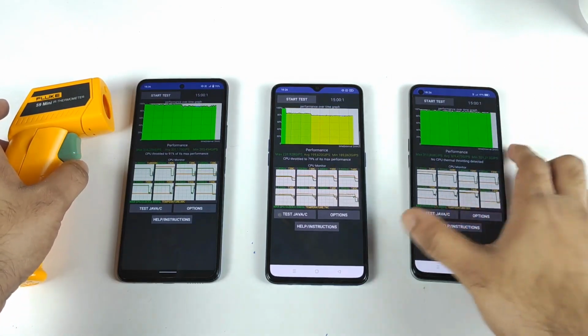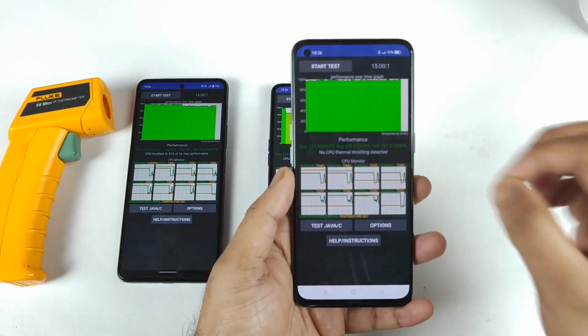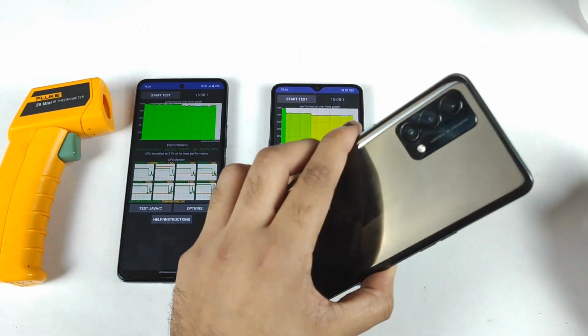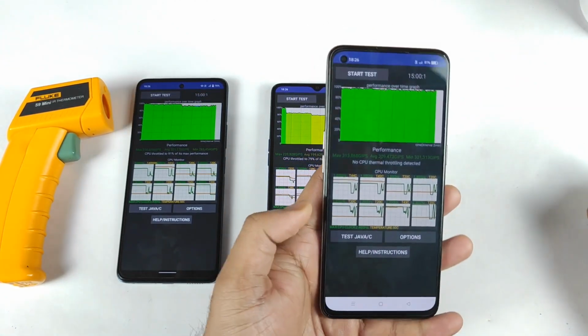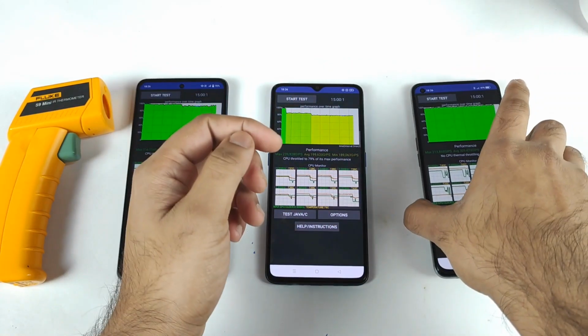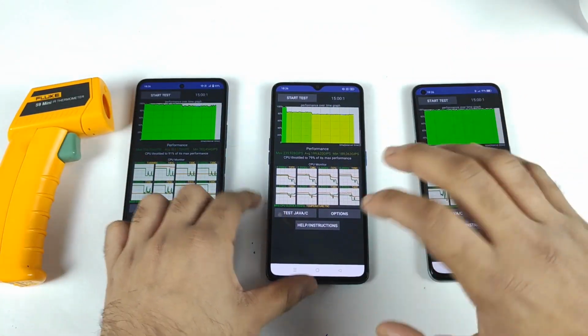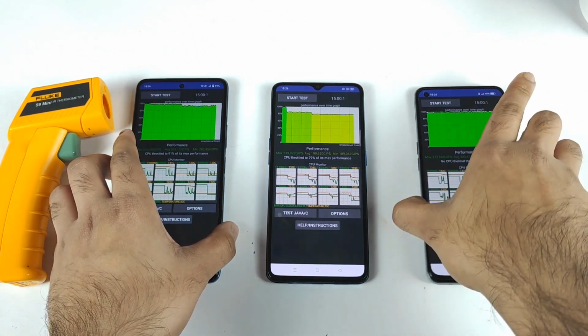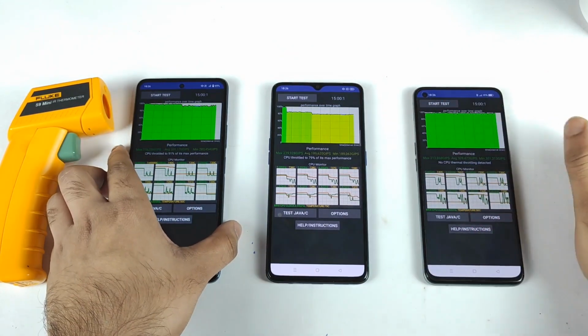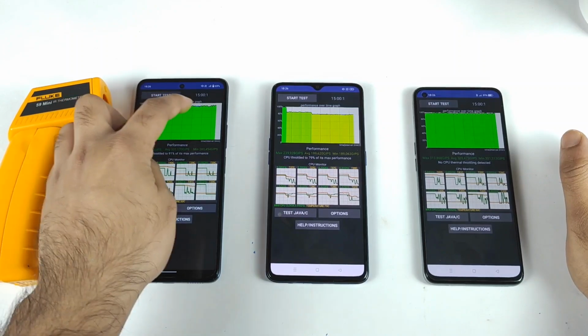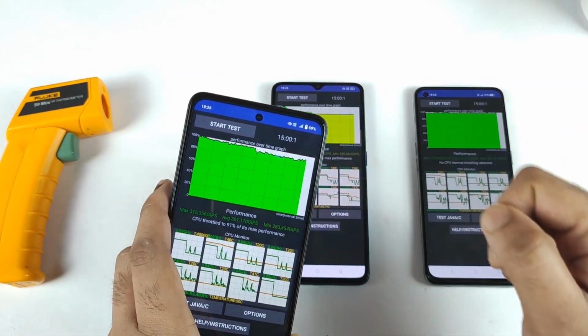That's really fantastic friends in this device. Till now I did not see any kind of throttling in this device, not even one time. I'm not sure what's going on in this Realme GT Master Edition. I've never seen any other smartphone behave like this consistently, even after a long time of usage. It's been about 2 months of usage, but it's still pretty good. And the iQOO Z5 did a little bit of throttling, as you can see.